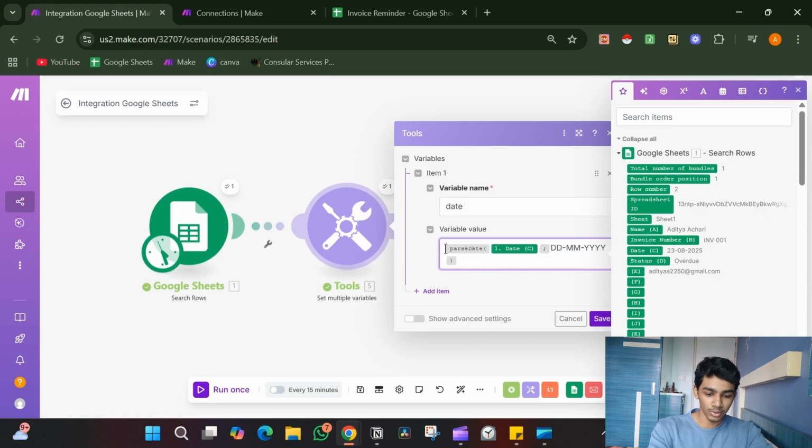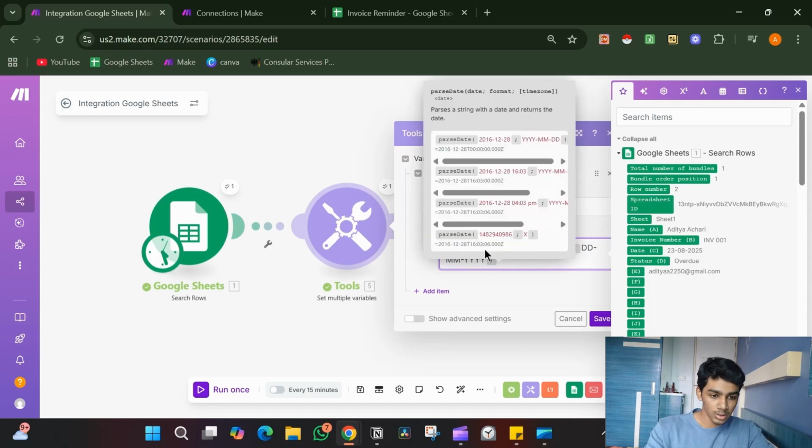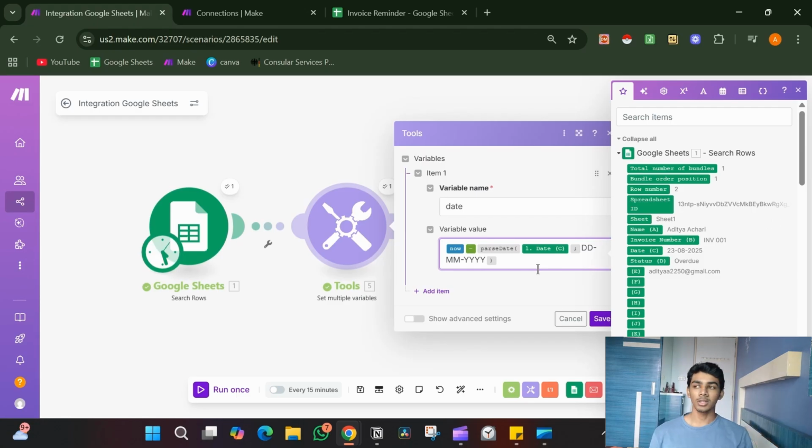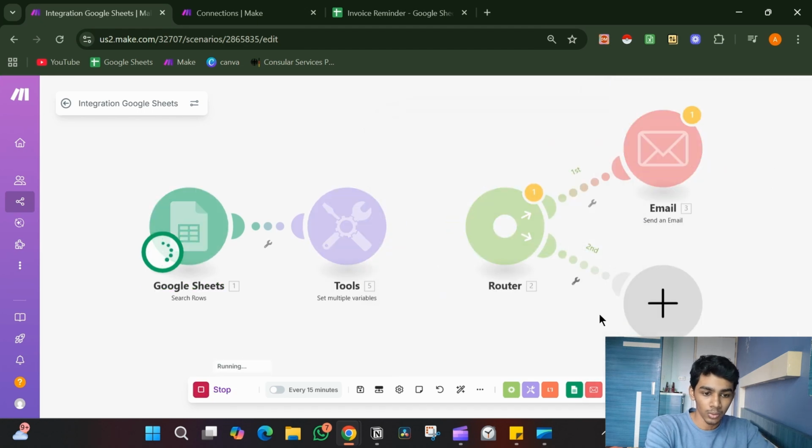If you guys don't understand, you will, don't worry. What this formula is currently saying is minus today from 23rd of August, and what is the answer? So if I run this now,